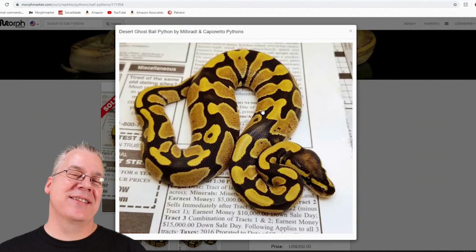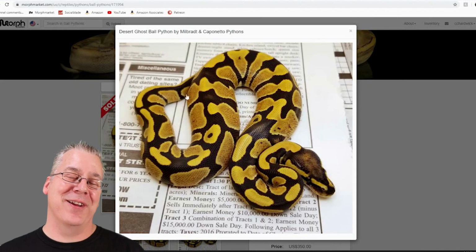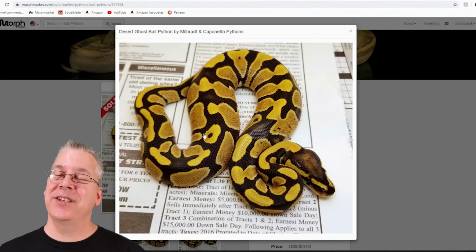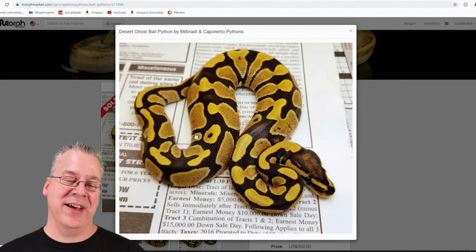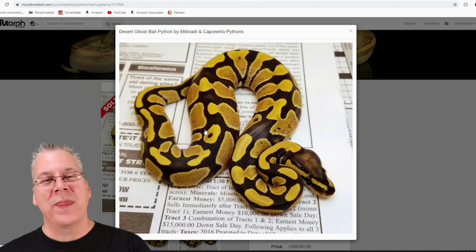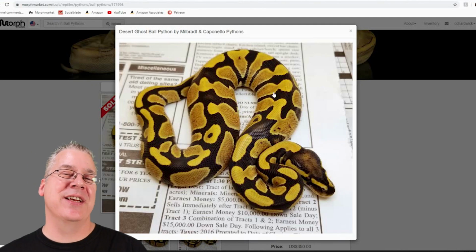So this kind of blows me. I'm actually working on Desert Ghosts, and I was trying to pull up a high quality and a low quality Desert Ghost, just the straight Desert Ghost by itself. And I've actually seen some Desert Ghosts. It's actually a recessive mutation. It's not usually that impressive by itself, but you start mixing it with other genes and you get some really